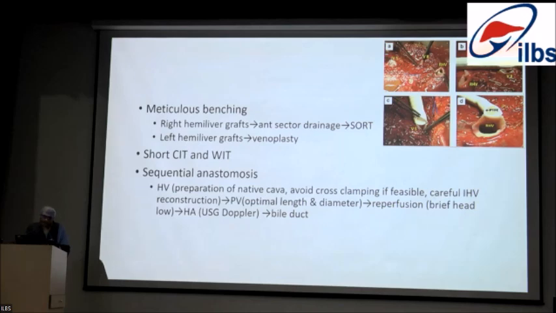This gives a wide opening outflow. In left hemigrafts, on the pre-op CT we sometimes see the MHV and LHV with separate openings. You have to have a wide outflow of at least 4 to 6 centimeters. Sometimes you do a septoplasty, or a unification combined venoplasty, and sometimes you widen the opening. We get a superficial hepatic vein on the left side grafts, draining to the phrenic veins. We extend the opening over the phrenic veins of the superficial veins.